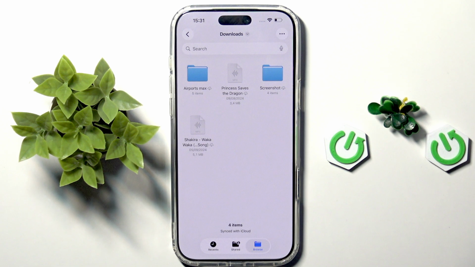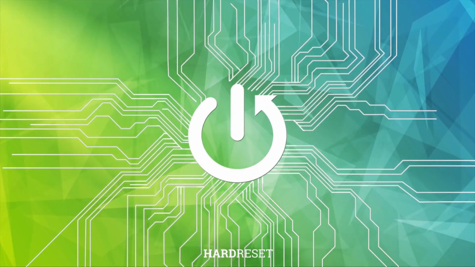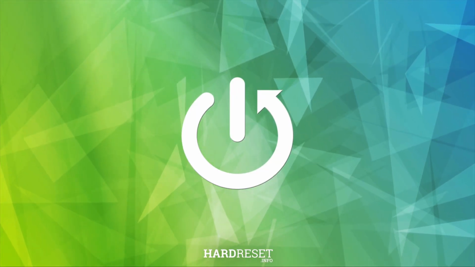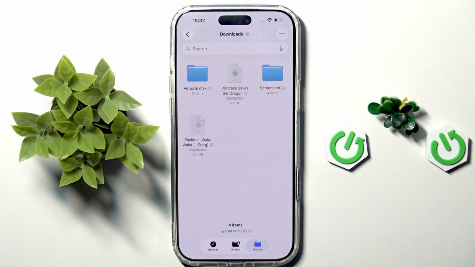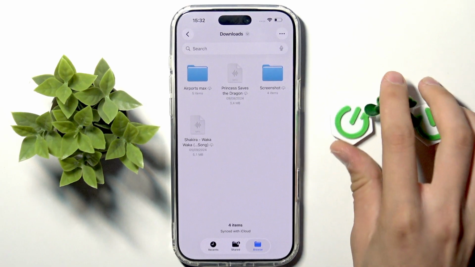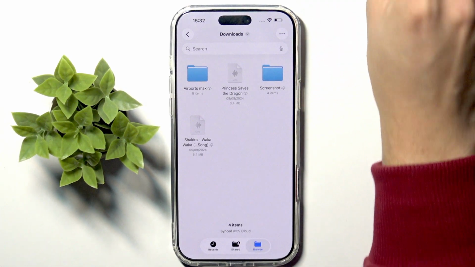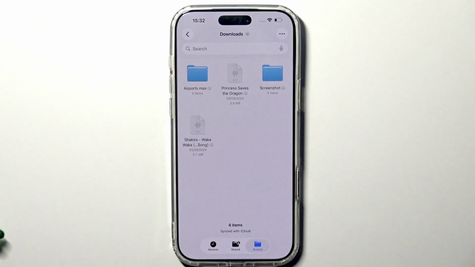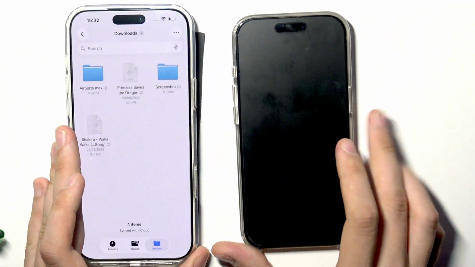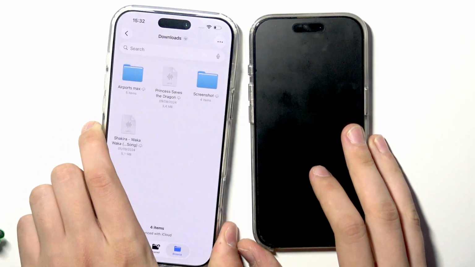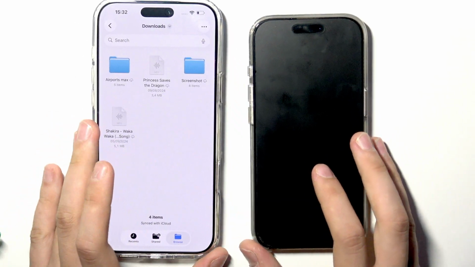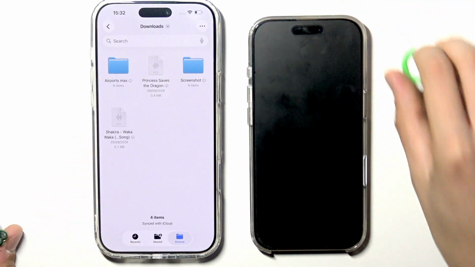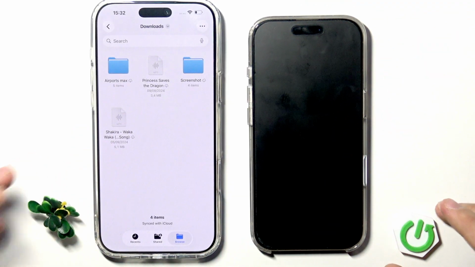In today's video we're going to talk about the AirDrop activation guide in your iPhone 17 Pro Max. So let me take my private iPhone in here. Wait a moment, we need to do some modification. Here, as you can see, I do have the 16 Pro and 17 Pro Max. So now to use the